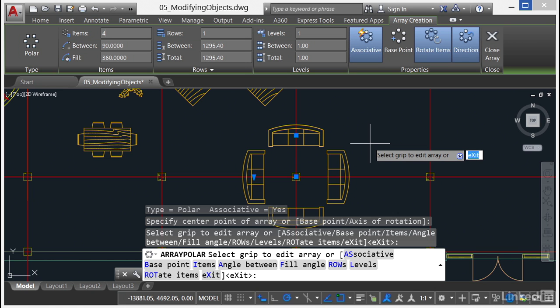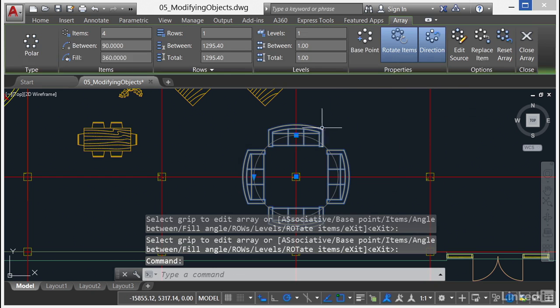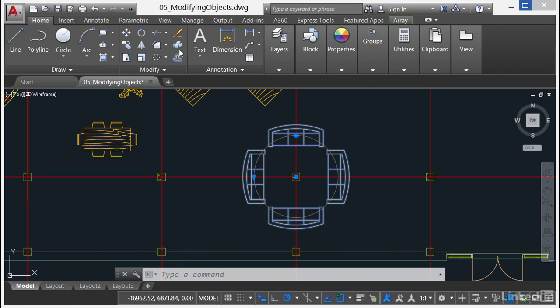And you'll notice you get all of the tools available on the command line as well down there in the white box. So you can use the ribbon, or you can actually click on the objects on the command line if you wish. Again, it's associative. So when I click on Close Array, and I click here, you'll see again I've got a group of objects, and when I click on them, you can see that the contextual Array tab appears on the ribbon again. So I go back to the Home tab, like so, hit Explode,